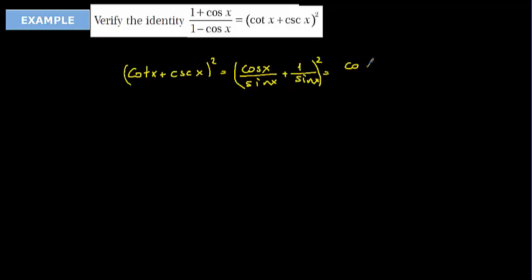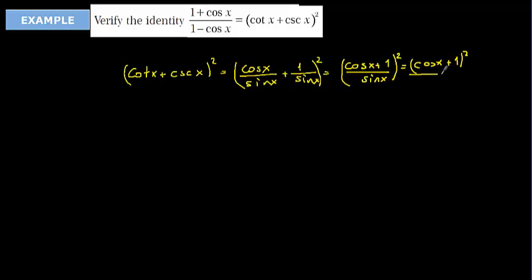This is cosine x plus 1 over sin x, squared. If I distribute this square to both of them, it's going to be cosine x plus 1 square